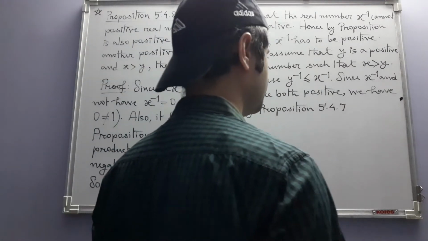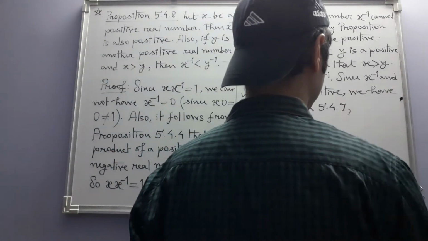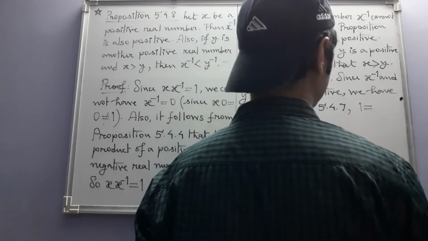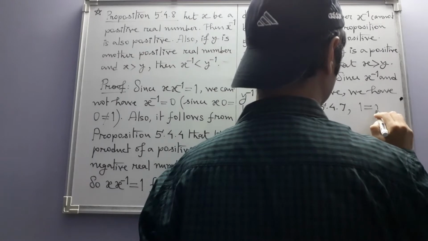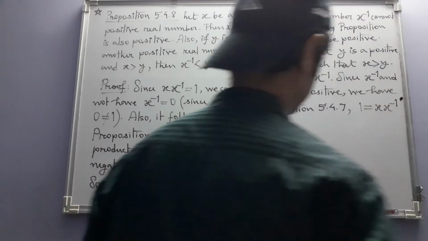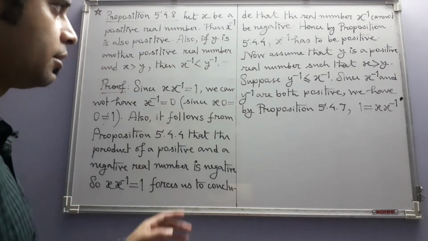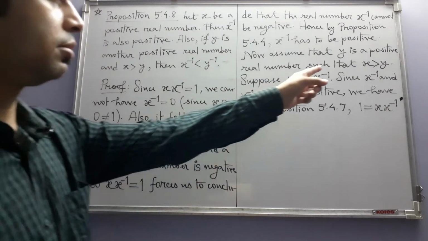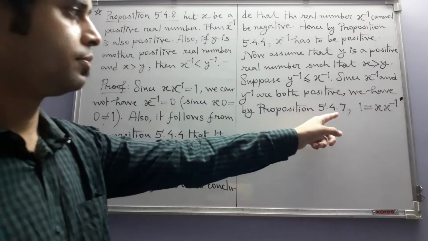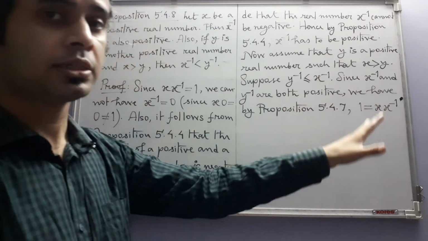We have by proposition 547 this thing. One can be written as x times x inverse. Okay. Now since it's given that x is strictly greater than y and x inverse is positive,